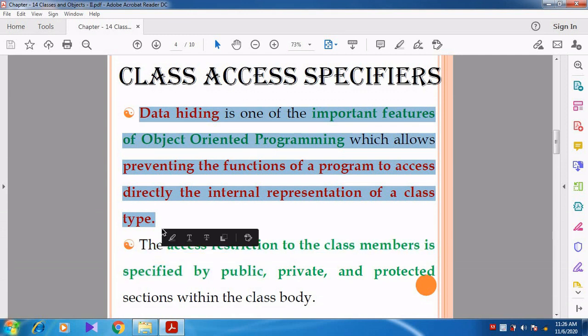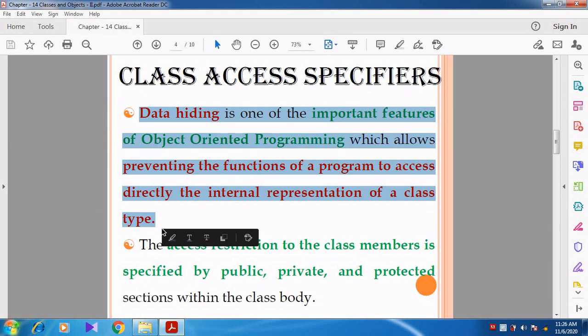In the previous chapter 13, we discussed data hiding. Data hiding is one of the important features of object-oriented programming. Do you remember, students? Yes, data hiding is one of the most important features of OOPS.